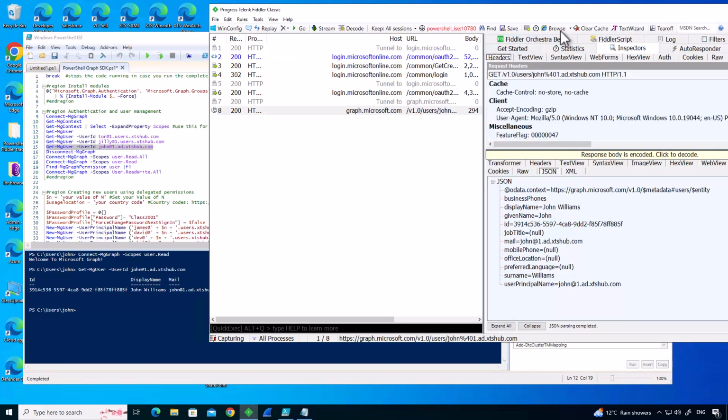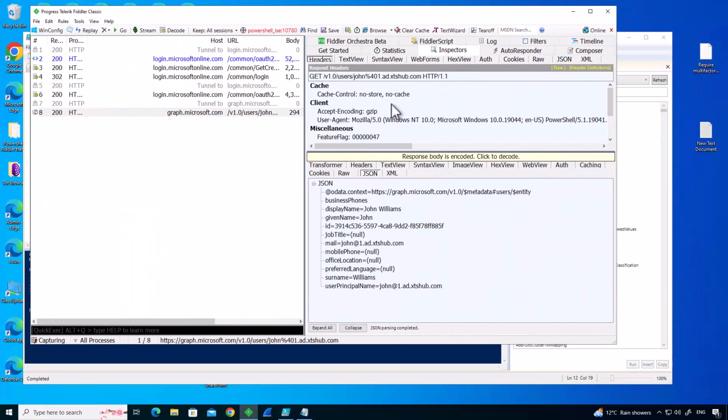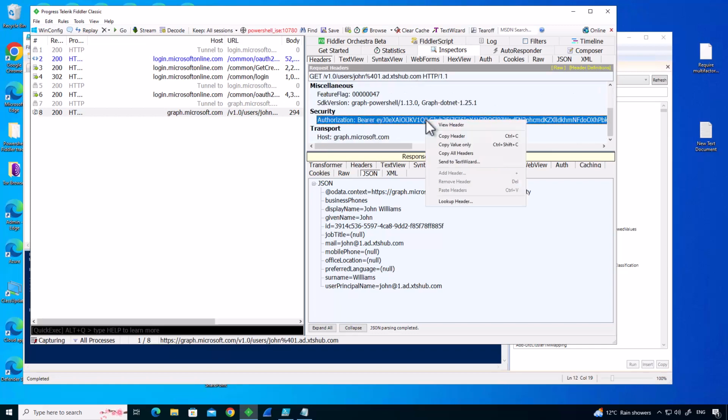And if we look at the headers in the call, what we can see down there is it's going to Graph and it's asking for the resource users John at one.ad.xtshub.com. If I look down here, I've got an access token. So I'm going to grab that token, and so I'm going to copy the value of that token, and I'm going to go to